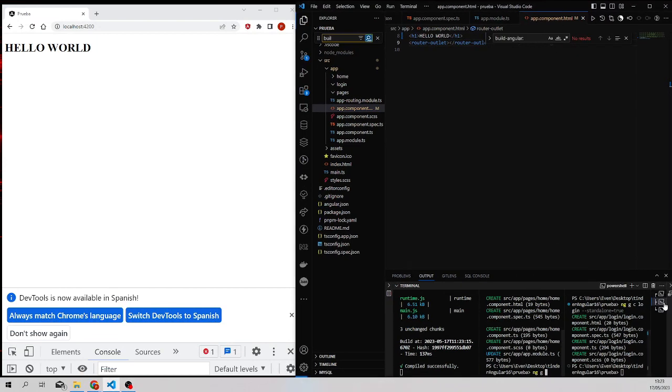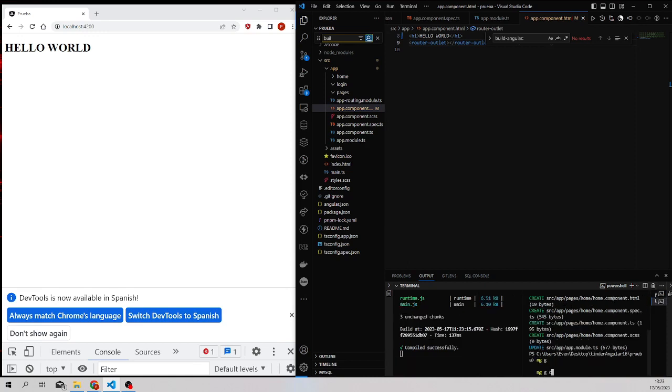Here, ng generate component, I'm here, down on the right. Home. And now the dash standalone equal true, to indicate to Angular that it has to create it standalone true. If I don't do it like this, don't worry, it can be changed. We can go directly to the component and add the properties in the decorator of the component, but let's